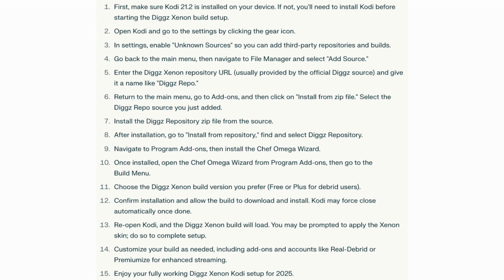Return to the main menu, go to add-ons, then click install from zip file. Select the Diggz repo source you just added, and install the Diggz repository zip file from the source. After installation, go to install from repository, find and select Diggz repository, navigate to program add-ons, and then install